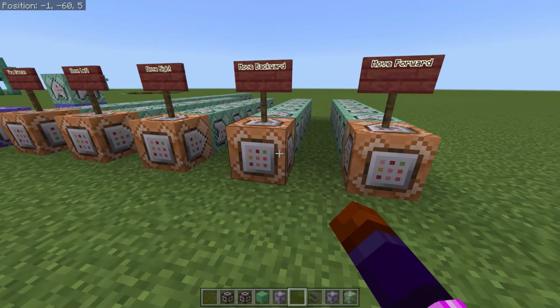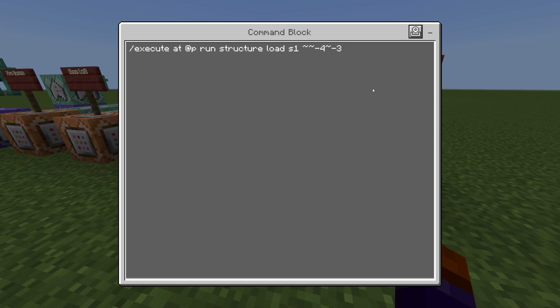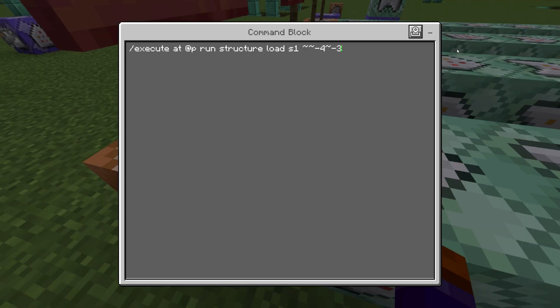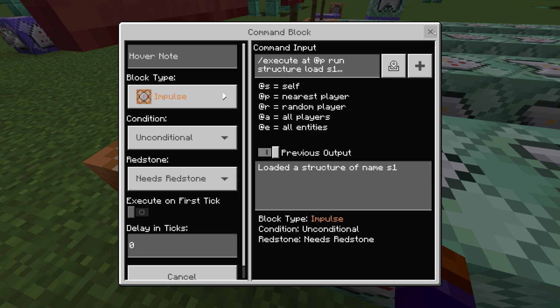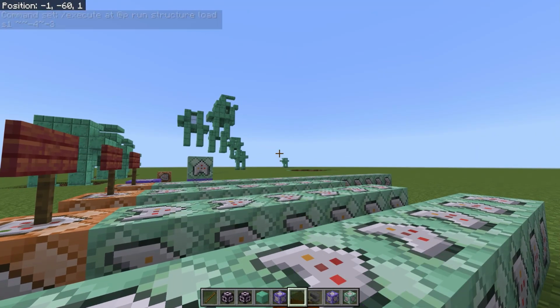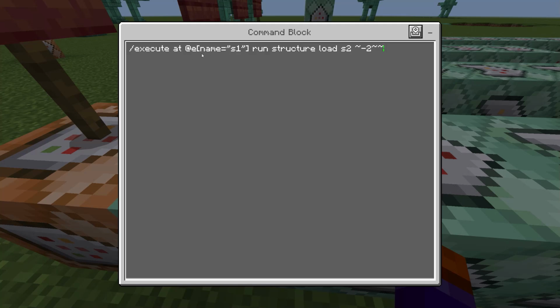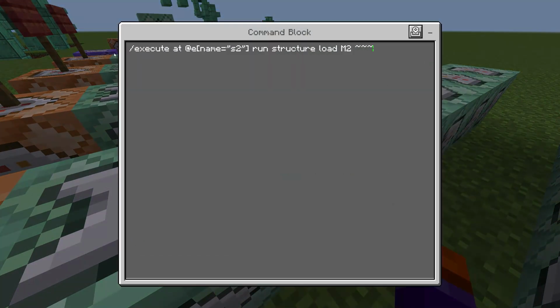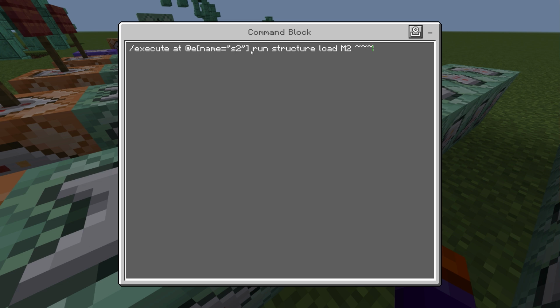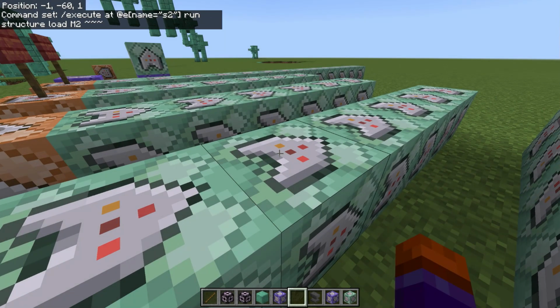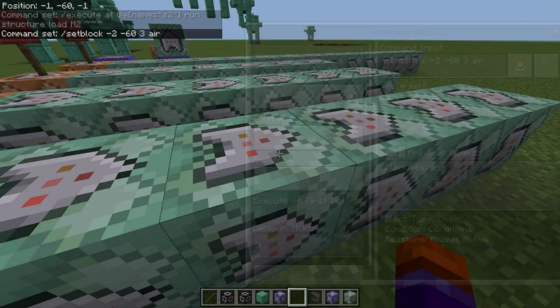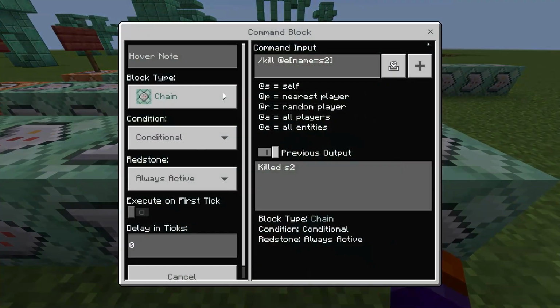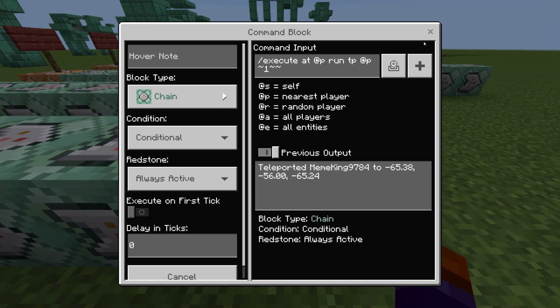Okay, so next we have the backwards motion. So it's basically the same. You can create new structures for this. You load that structure according to where the player is standing over there in the mech, and then execute at the armor stand, run structure load the second armor stand, south 2, and then execute at south 2, or S2, run structure load mech 2 at that location, and then reset this, and then delete the armor stand so it doesn't break, and then teleport the player